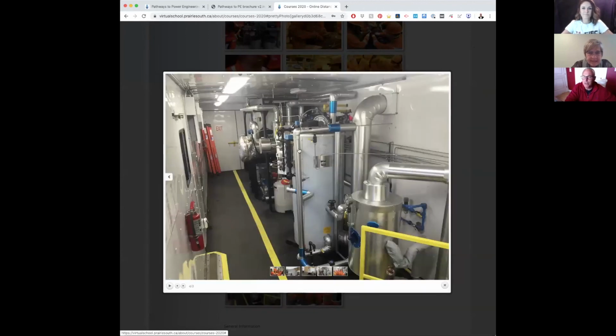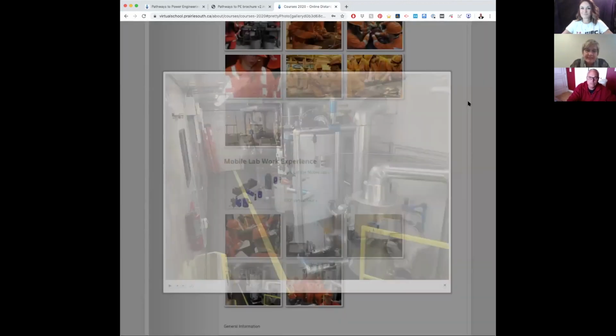It's a pretty small space, but you get to learn a lot about what a 5th class person would do. You would be able to start up this boiler and take it down, right from the start to the end, producing steam and then shutting it down, what's involved. And you get to learn that. By the time you're done the course, you would be able to walk into this lab and start it up and take it down safely.